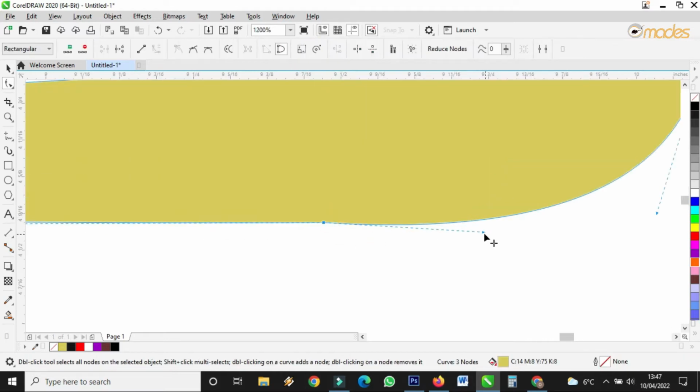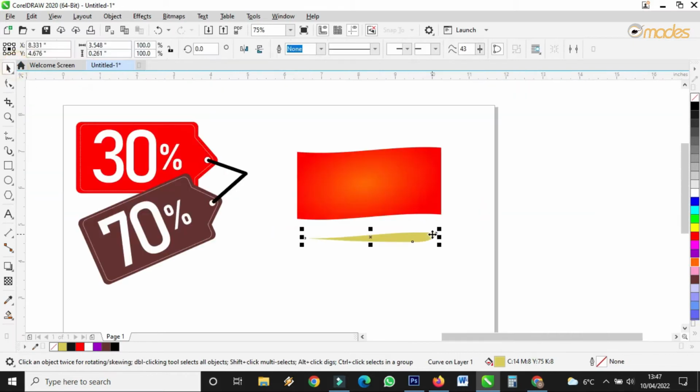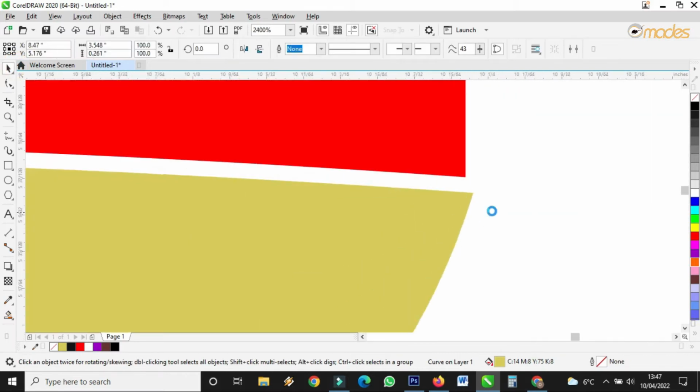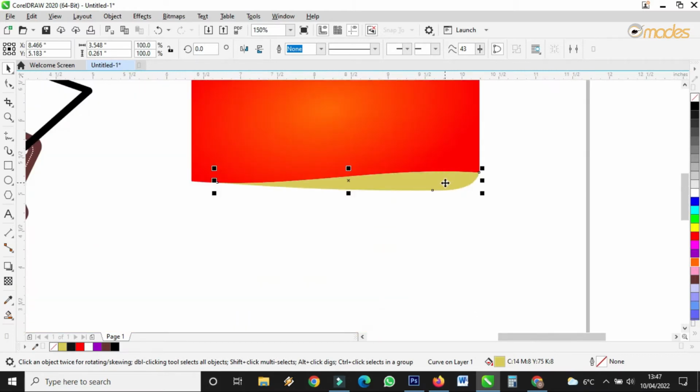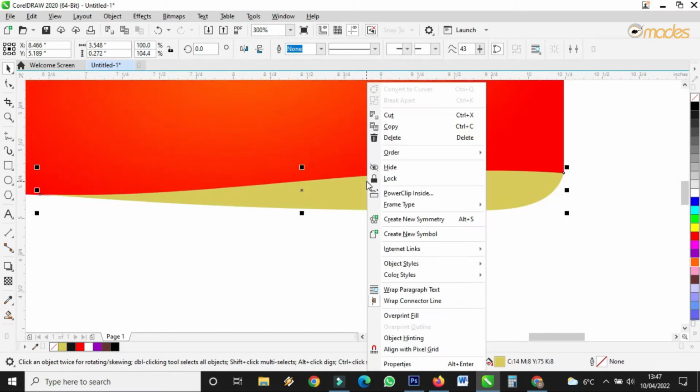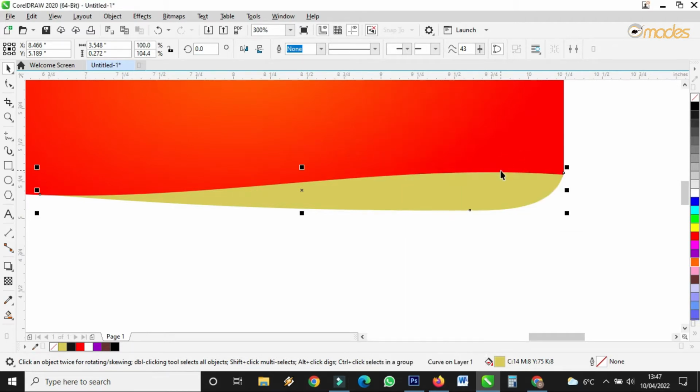This one, I have to work on this one small. Good. Then you put it there like this one. Good. Now right click on this one, order, you send it behind this red one. Okay, then you take